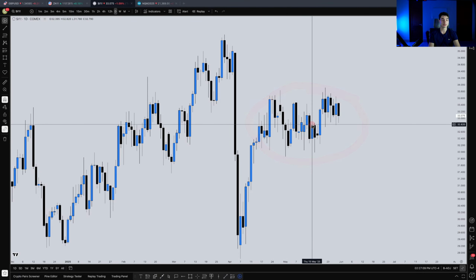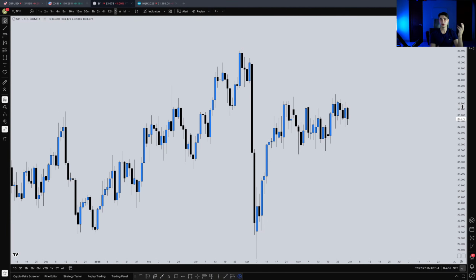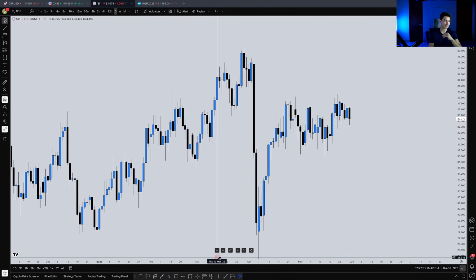Because if I called markets like this with market structure like that, it would look like absolute amateur hour because the market's just not going anywhere, and it's confirming that clear as day with sloppy market structure, overlapping price action, clear, difficult price action. So it's just not going anywhere. What I wait for in these conditions, so it's not just to say, well, we don't know what to do with this, I'm just simply waiting for a displacement. We just need to see the market leave that range. Let me see if I can go to another example here.